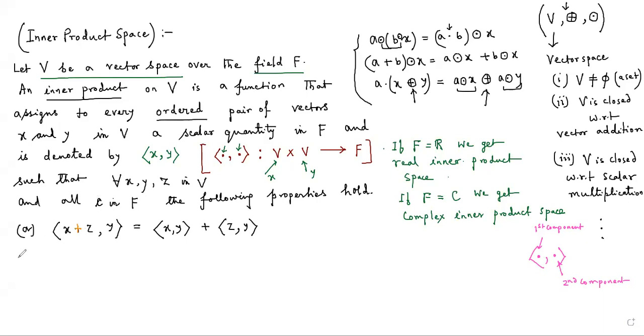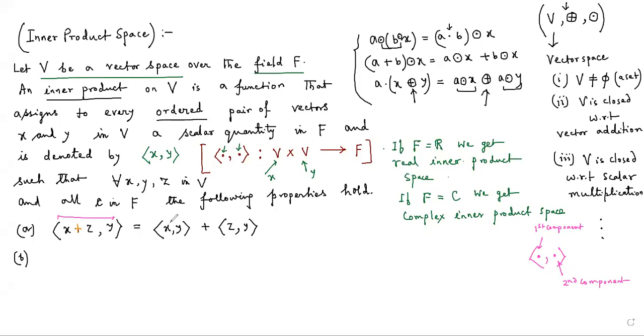Yeah, okay. Now this is the first property. What I was saying is that this in triangular brackets is the symbol of an inner product between two vectors, and therefore this is a vector, this is a vector. We are taking the inner product of these two. The part preceding the comma is the first component, and the part succeeding the comma is called the second component. So from this property,